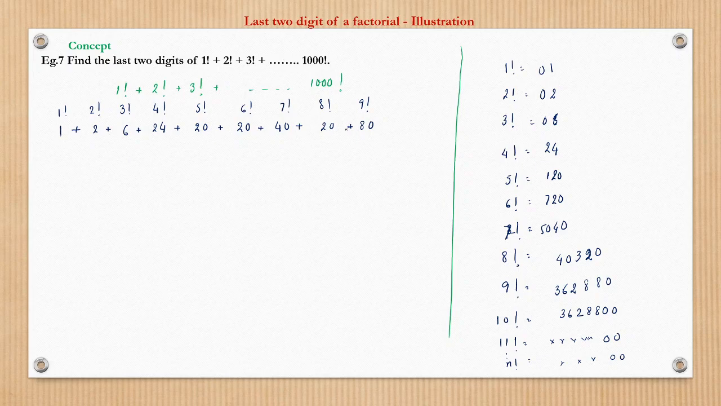So this becomes 80, 20, 100, 100, 140, 160, 180, 180, 30, 210, 213. So this is 213. What are these? These are only the last two digits, right? So it becomes 213. We will ignore 2, so it becomes 13. So the last two digits